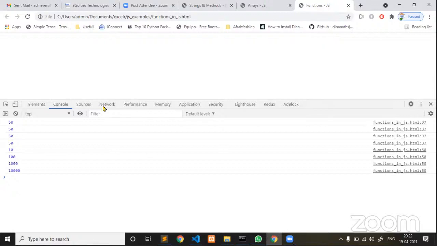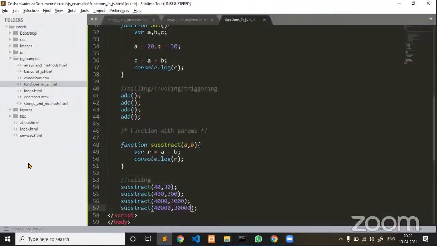I hope you understand. This is what you have to decide when you are writing a program, whether you want to go for a function with parameters or without parameters. According to your requirements, you have to decide. Got it?